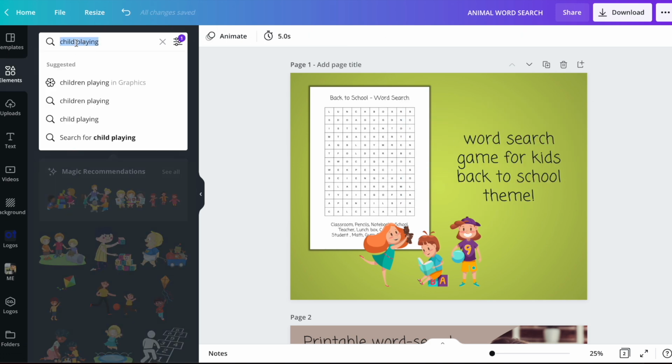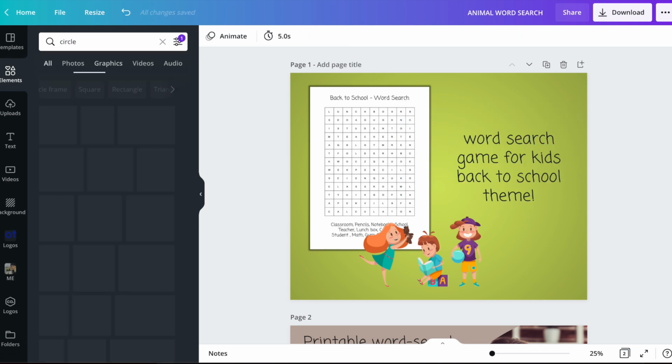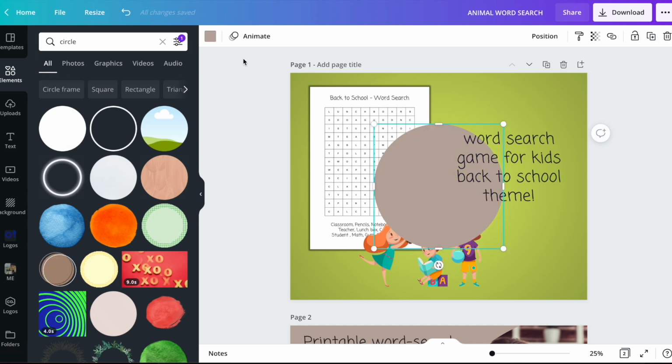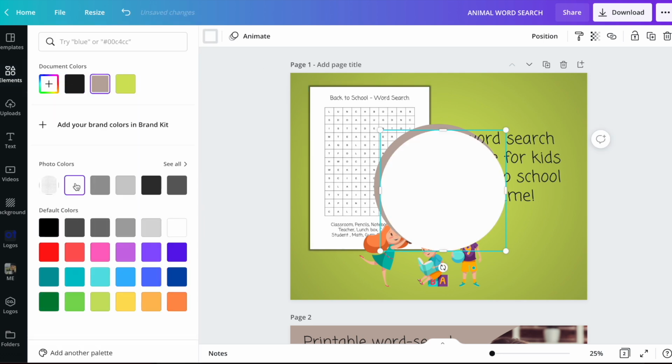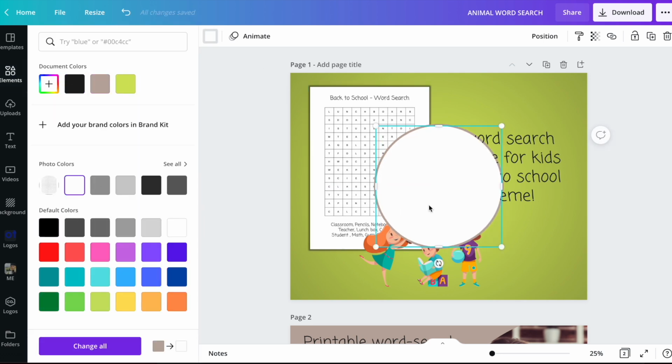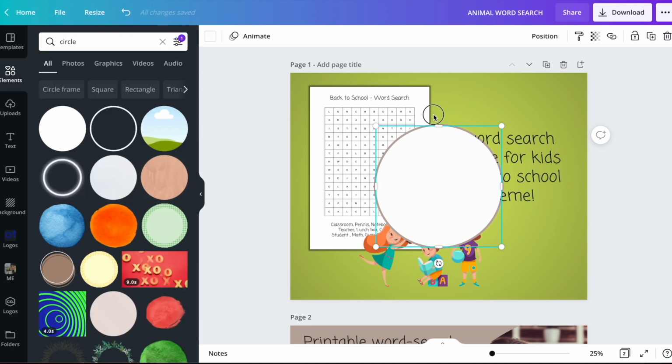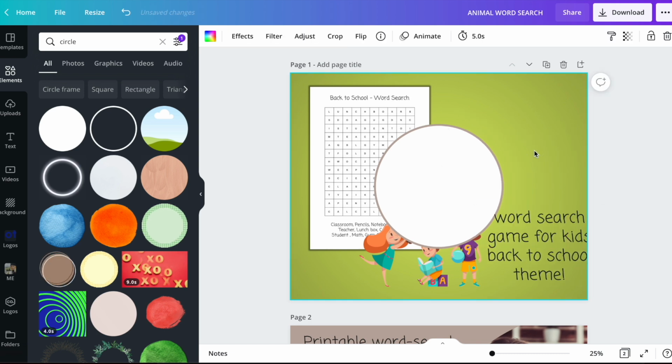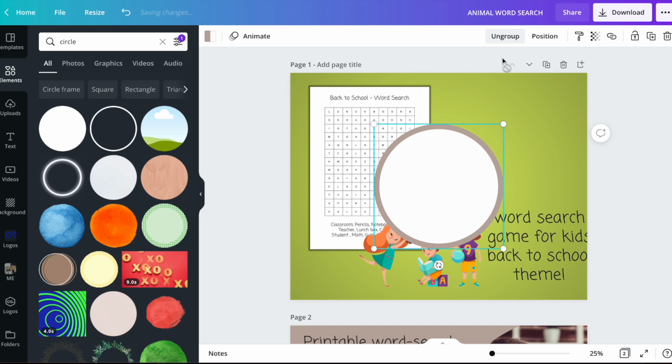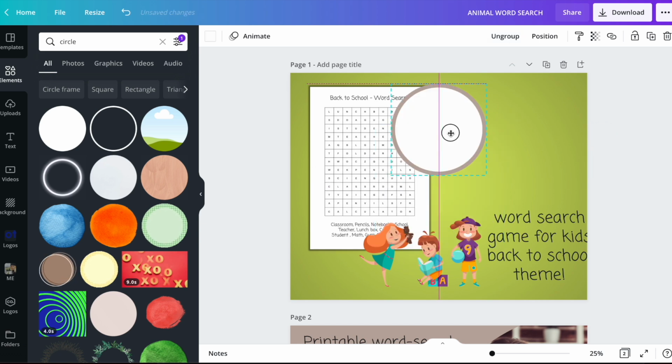And another thing that I kind of like doing is just grab a circle, grab another one, make the other one a bit smaller, color it in white. Let's center these together. Let's glue these two together. No, let's make this one a bit smaller, group them together, put them here,